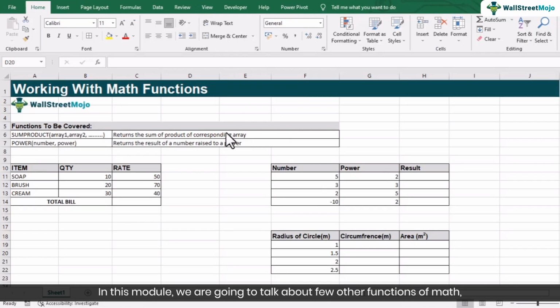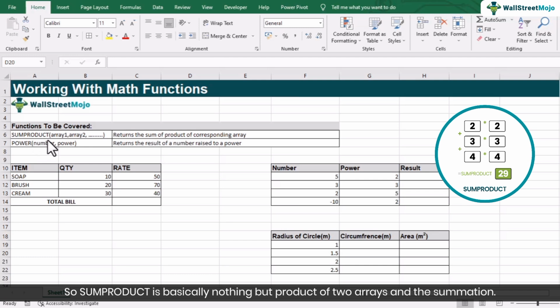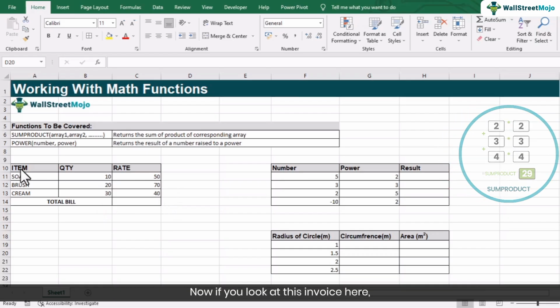In this module, we are going to talk about a few other functions of math, which are sum product and power. So sum product is basically nothing but product of two arrays and their summation. Now if you look at this